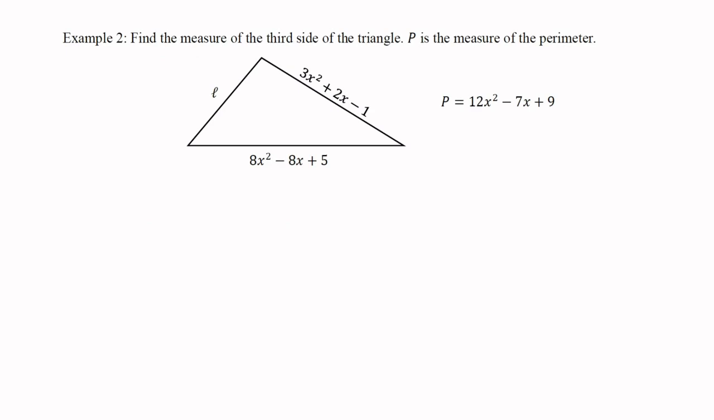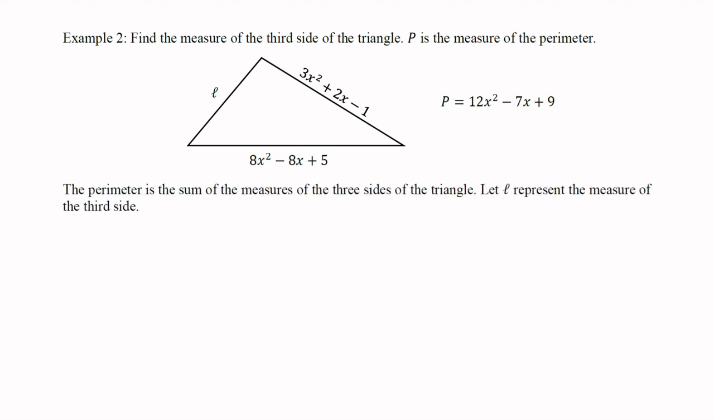Let's find the measure of the third side of the triangle. The perimeter is represented by 12x squared minus 7x plus 9. So in this case, we know that the sum of the three sides are going to equal the perimeter. So we set that up using L to represent the measure of the third side, which is what we'll be looking for. So we take our perimeter, set it equal to one side plus a second side plus L being